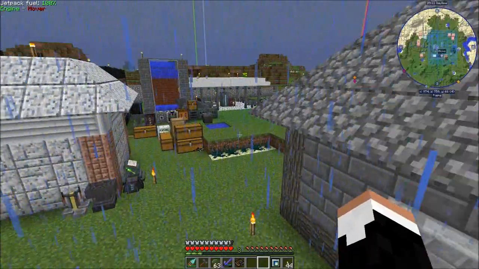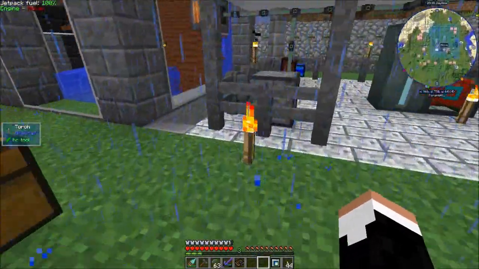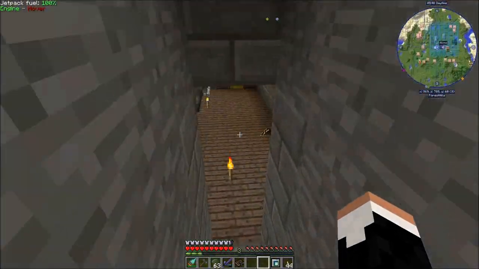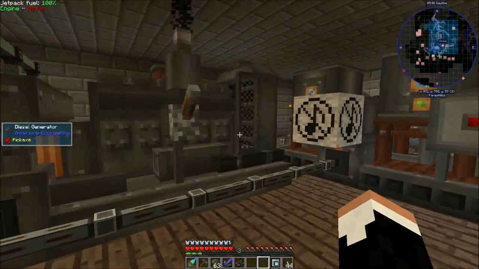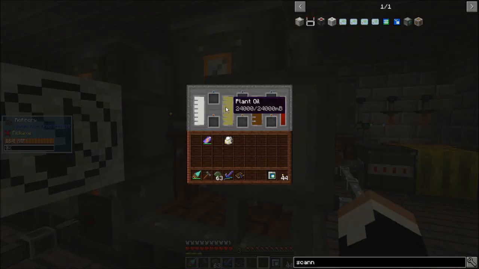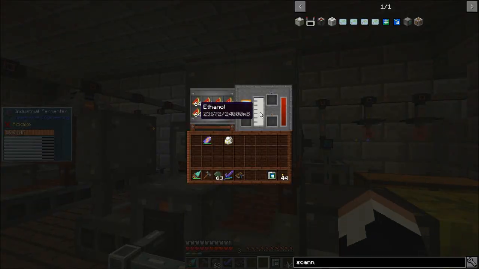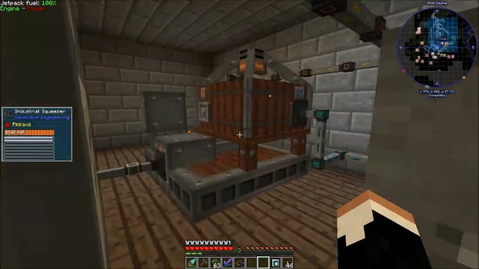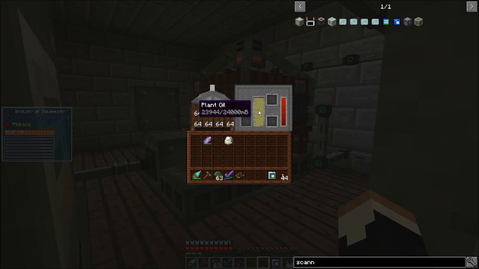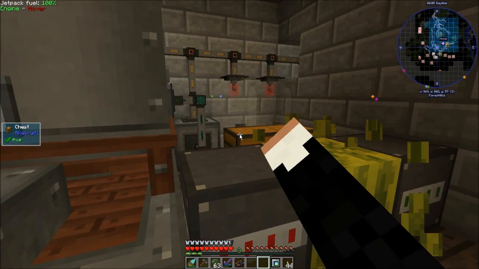Let's go check and make sure that my diesel is holding up, because I've had the diesel generator running for a while. And this thing chews power. Or this thing chews diesel. We're holding good there. I am slowly depleting my ethanol. No, I'm not. I lied. I'm not slowly depleting my ethanol supply. And my plant oil supply is also holding. So, as long as I'm producing enough melons to keep up...